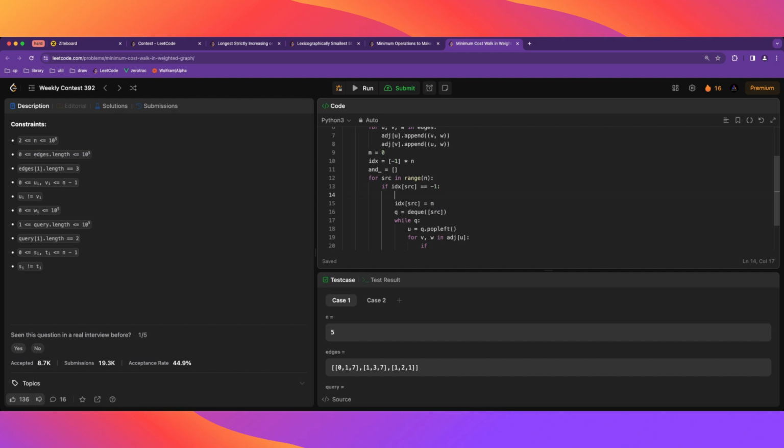And so here, when we start a connected component, we are going to add an element with the mask. And here, when we visit an edge, we want to AND this connected component with the weight. And if the index of B is -1,